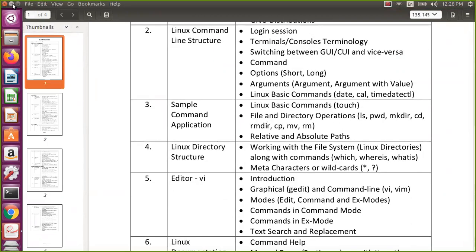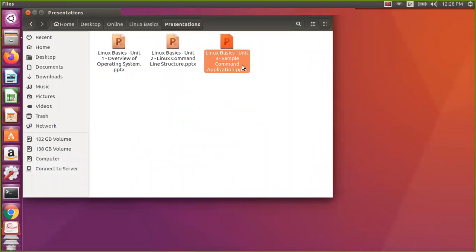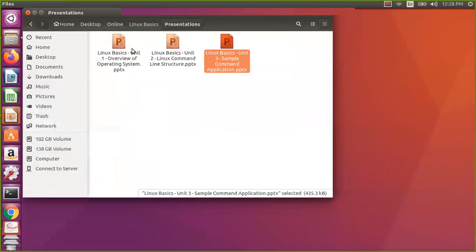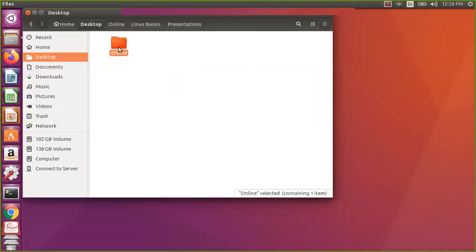Okay, we'll come to this. Then we will open the presentation, sample command application, which is in unit 3. Okay, so let us go with our notes. Linux notes. Okay, so let us merge all the notes into one.